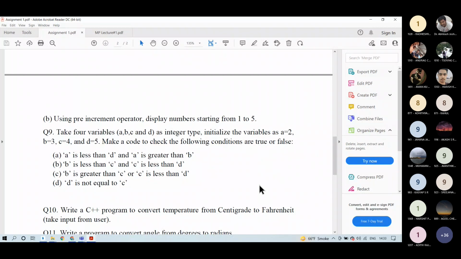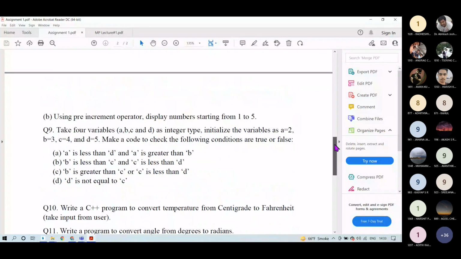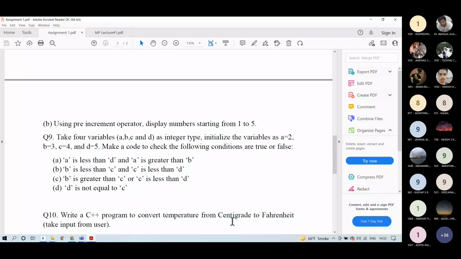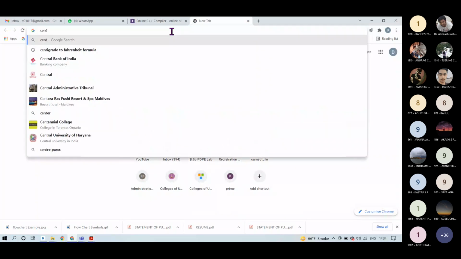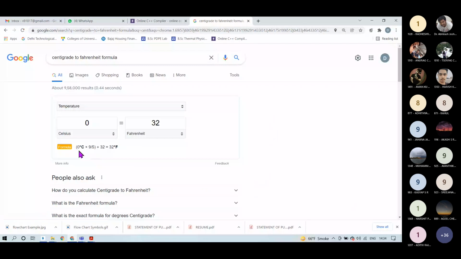Next, the 10th question is again from the arithmetic operators. You have to take a value of temperature from the user in centigrade, like 37 degrees Celsius, 40 degrees Celsius, and convert the temperature into Fahrenheit. The conversion from centigrade to Fahrenheit is something like this: temperature in Celsius into 9/5 plus 32.